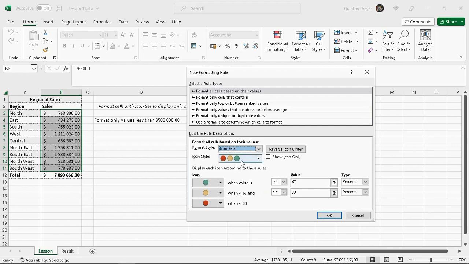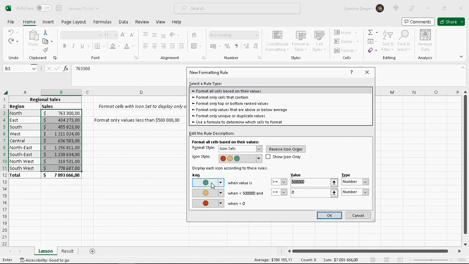We'll choose this one here, and we want to apply this specific one when, let's just change these to numbers. So this one must be when the value is less than 500. So we'll put 500,000 in the first